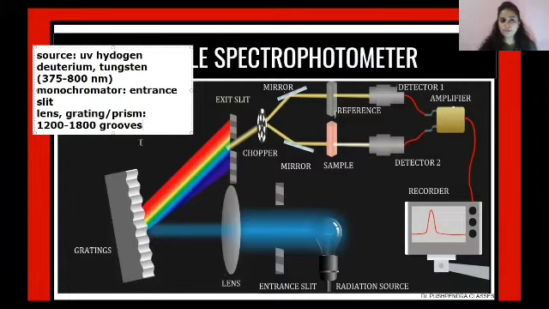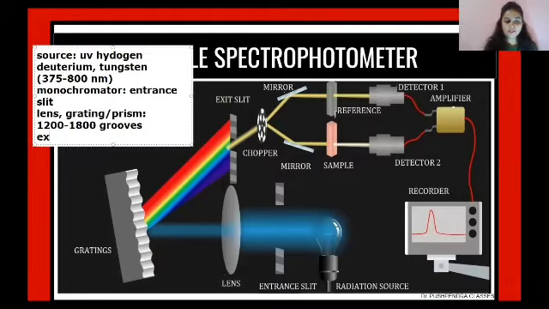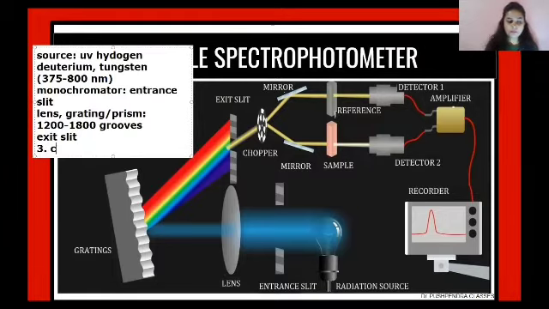This visible spectrum range will then move on to the last stage of the monochromator, which is called the exit slit. The entire radiation of the visible spectrum will then be released from the exit slit, and then it will enter the third part of the system, which is called the chopper. As the name suggests, the chopper will help us chop the entire radiation obtained from the grating into 2 different sections.